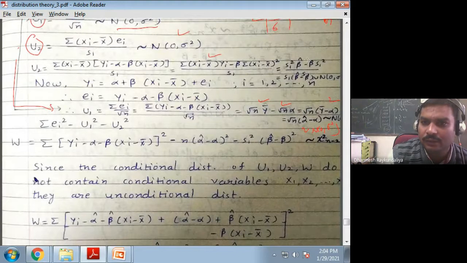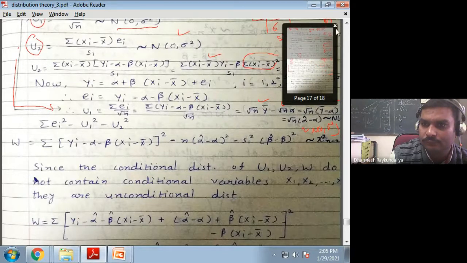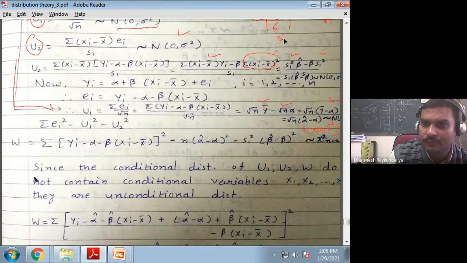This is nothing but they have written this quantity as S1 square beta cap, and this is beta, and this is nothing but the S1 square. Now S1 square is outside. So what will you get? It is a, and this one S1 is there. So it is a S1 square beta cap minus beta upon S1. So this will cancel out. So it is a S1 beta cap minus beta.